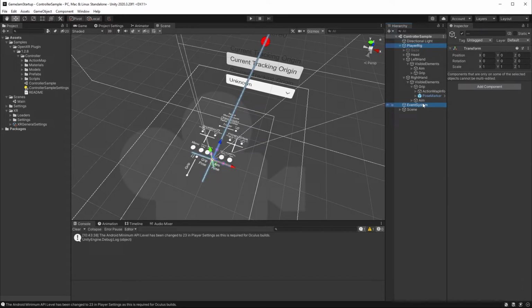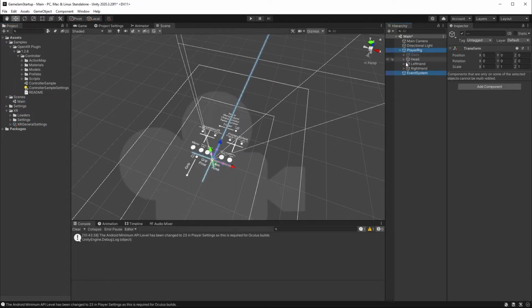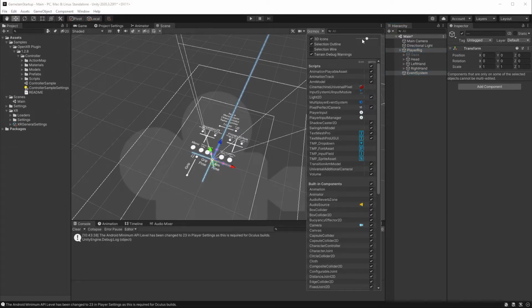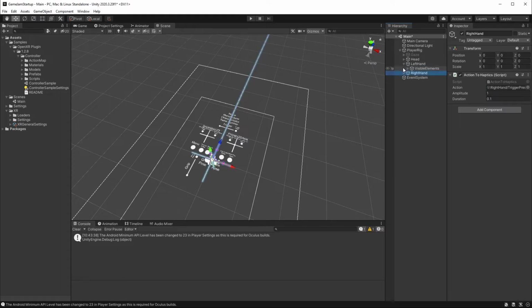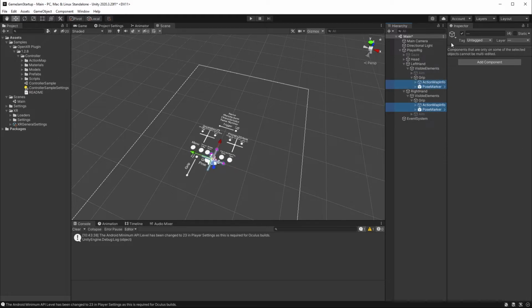So let's select both the player rig and the event system. We'll copy those and we'll go over to our main and we'll stick them into here. Now, as I said, let's shrink these gizmos because they're huge. There we go. So as I said, we won't be actually using these elements here, but I like to leave them on just so if you want to see them, you can play with them. We'll leave the grip alive, and I'll show you that in a minute once we've got our avatar